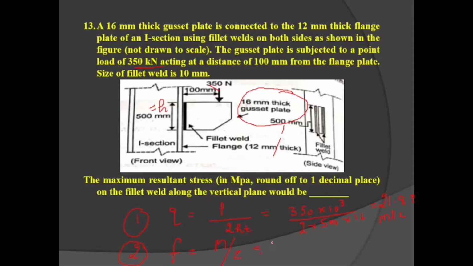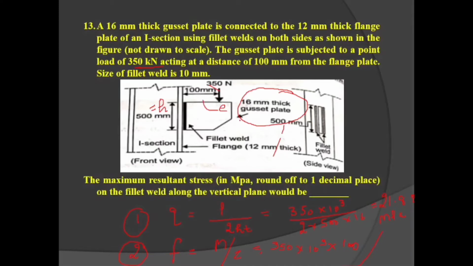Force is 350 kilonewton, so 350 into 10 to the power 3 into eccentricity, which is 100 mm, the E value, whole divided by Z, the section modulus,